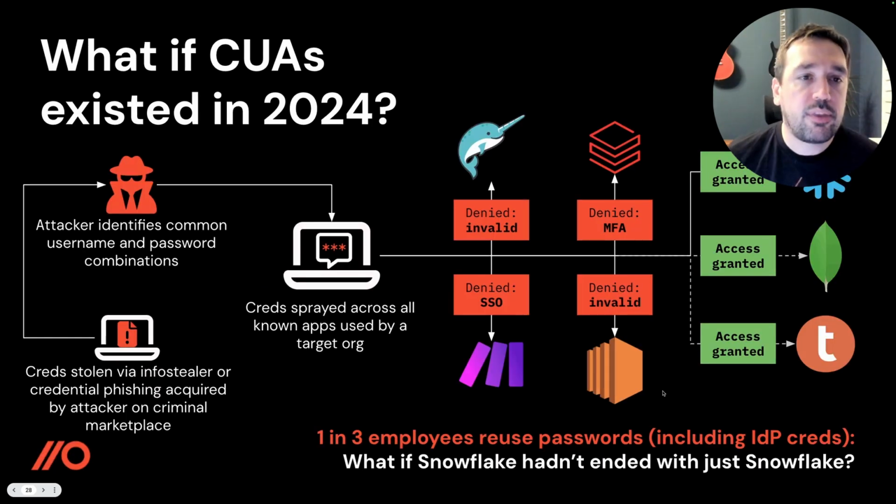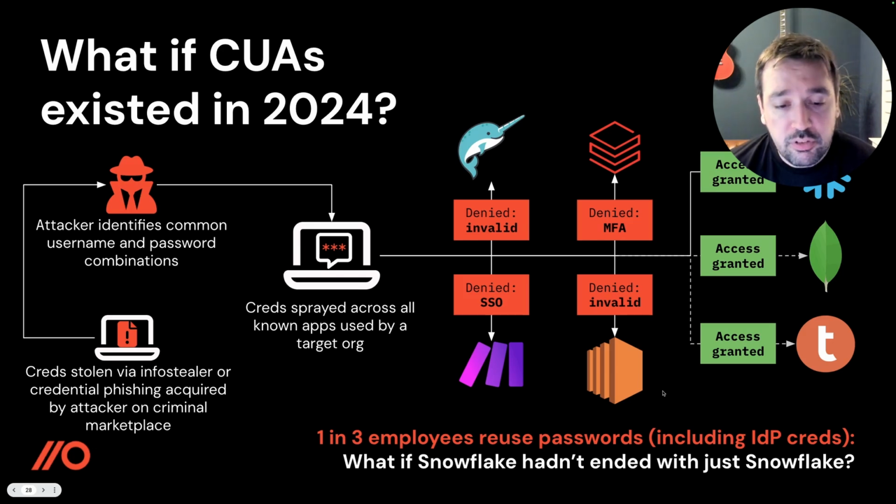So think back, what if they existed last year, right? When Snowflake happened, rather than just Snowflake being compromised, we may have seen many other apps getting compromised in the process. Think about that credential stuffing scenario I showed you before. We'd see something exactly like this. We'd see probably multiple Snowflakes at the same time, or even bigger data capabilities. So that's all to come, really.